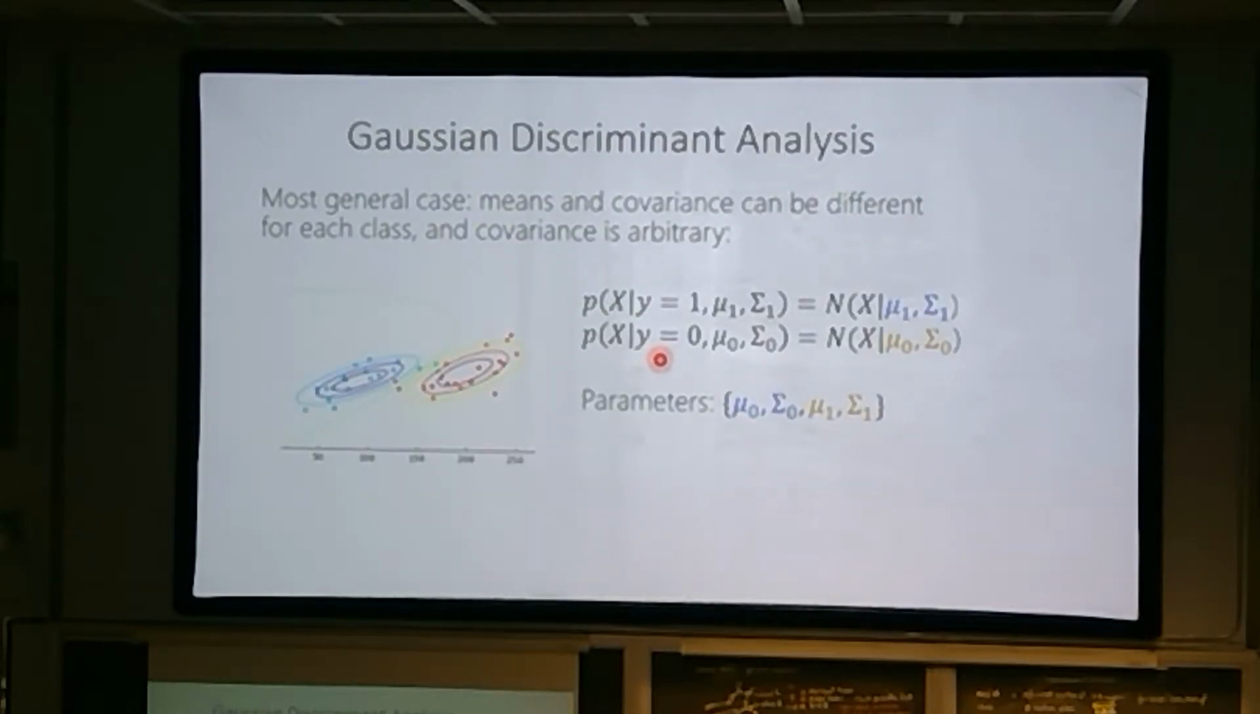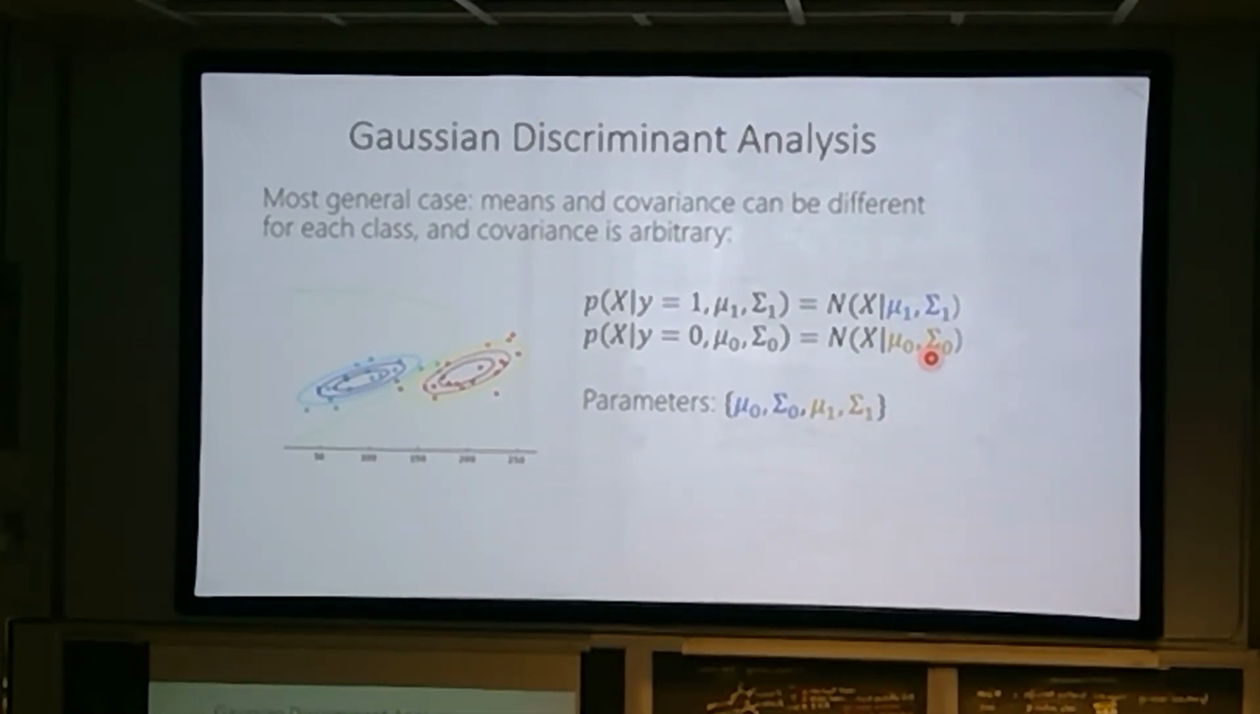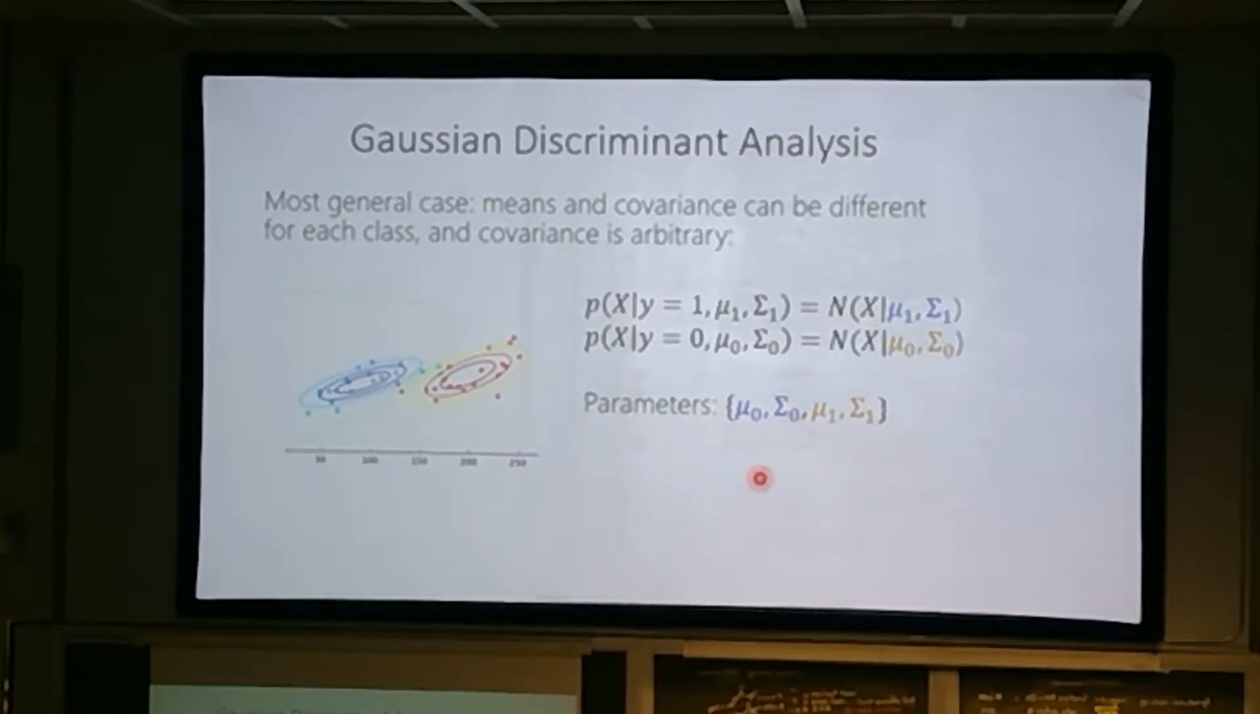So, in the most general case, the means are allowed to be different, the covariances are different, and they're just totally arbitrary. In such a case, you have 4 parameters. If you start tying things together, if I make the covariances be the same, then I would only have 3 parameters, right? And we're going to walk through now the implications of some of these things on the